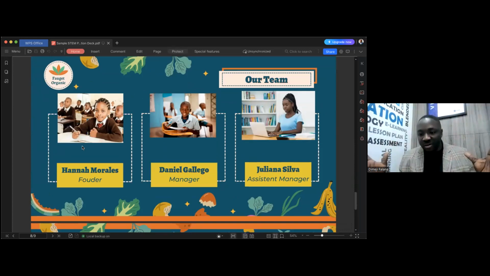You need to put a picture of your team, the names, the role in which everybody plays, because this is very important. If you guys are 3 or 4, 5, put the pictures of everybody and put the names and the role of everybody. And if you put somebody, the person is the one that is the programmer, or the person is the one that is the graphic artist that designed the project or this or that, they can throw questions to the person. They can say, okay, you are the one that did the graphics. How did you do this part, this part, this part? You should be able to explain, okay?